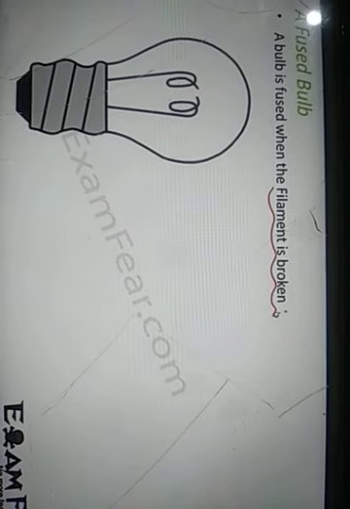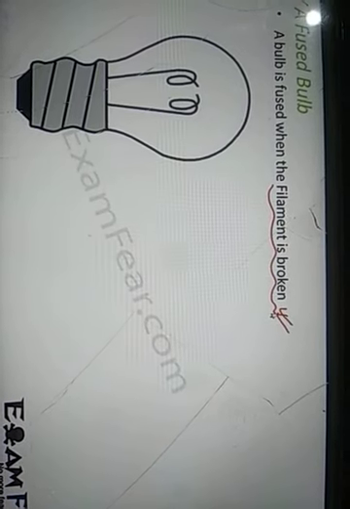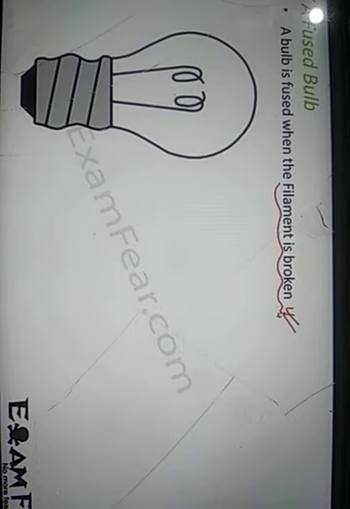So that is another important thing. Whenever the bulb in your house is not working, before you call an electrician to check, first you need to check if the bulb is fine, if the filament of the bulb is proper or not. Okay, because many a time a bulb can fuse, and then you can just change the bulb.